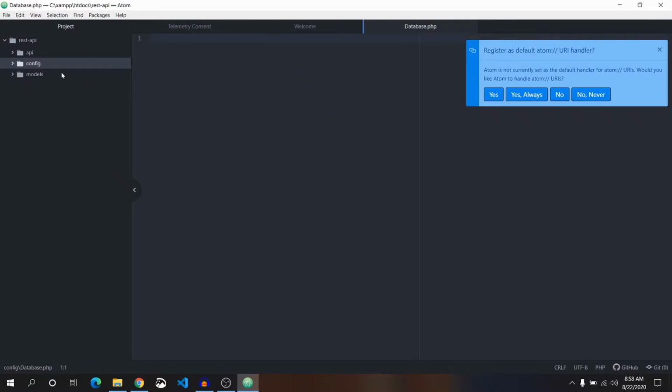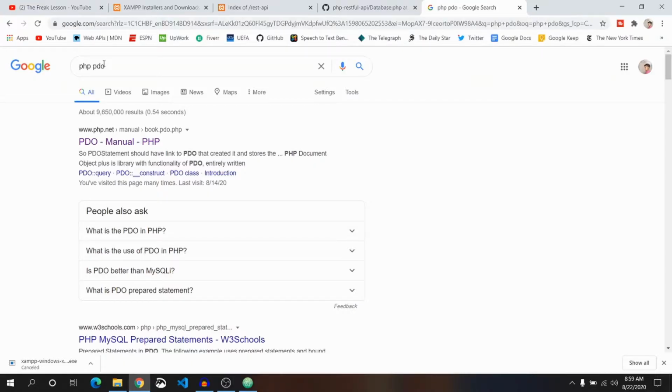database.php because this is going to be object oriented programming, so we are going to use PDO. That will be much easier. At the very first, let's start our PHP code. Once again, I want to say that if you don't know PHP basics, then I recommend you watch some PHP tutorial first. Now open your favorite browser, search for PHP PDO.